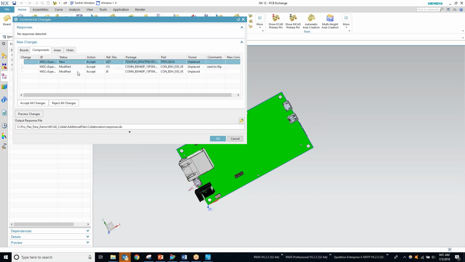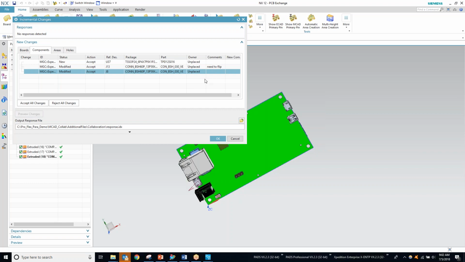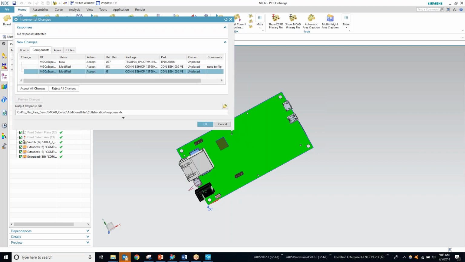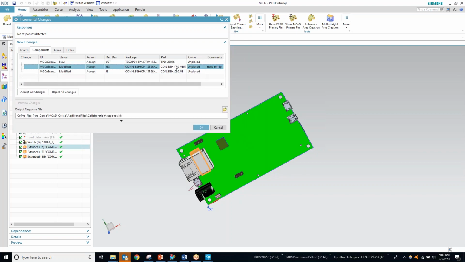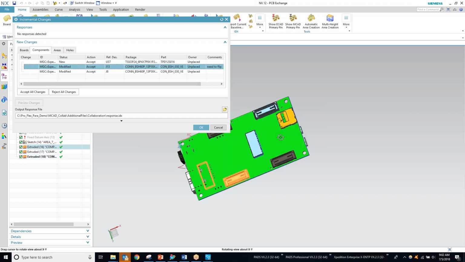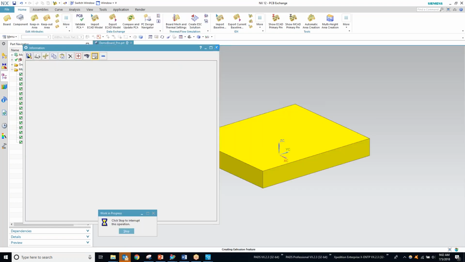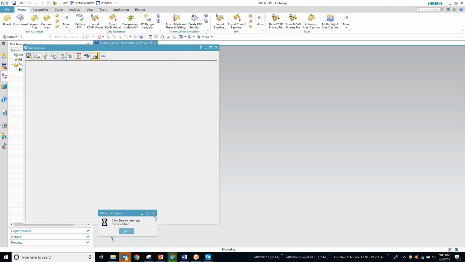Okay. So what I can do in this is if I click on the preview changes, this will allow us to see what has changed between that old revision. Okay, so I can individually click on those, and it's going to highlight where we want those new parts. Okay, so on a one-off basis, for example,